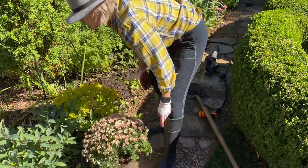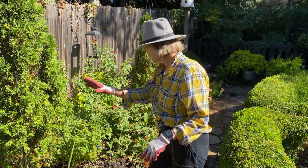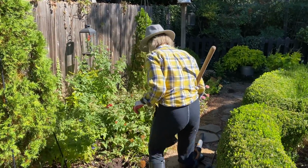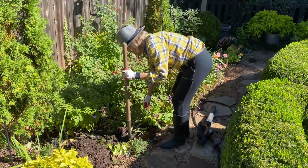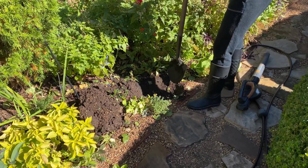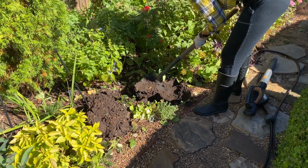And I'm going to do three of them in one, two, three globs running up and down the front of the border. So what I'm doing is I'm just taking out some of the Sedum Autumn Joy that's already here, and I'm going to replace them